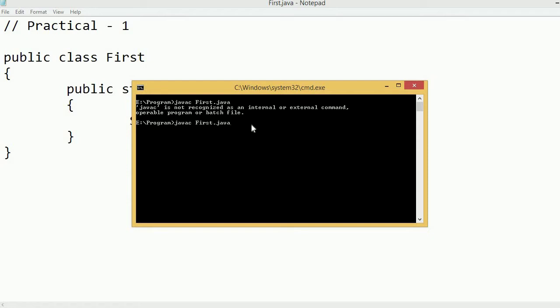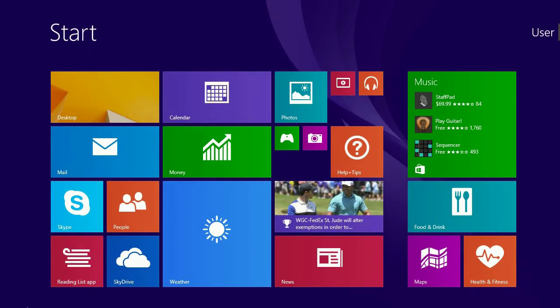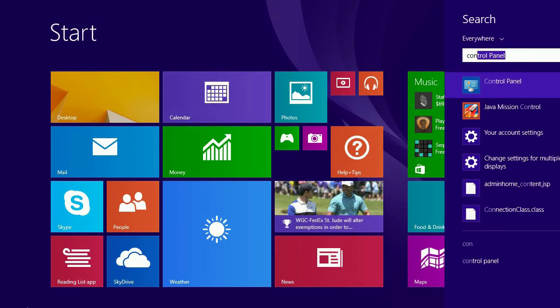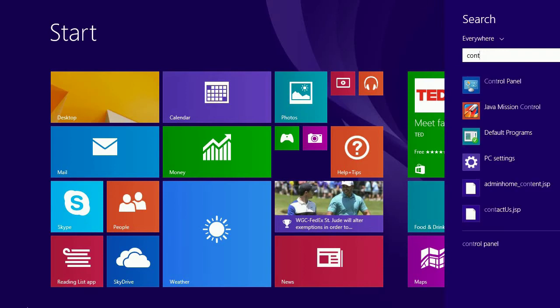Here as a quick review I will show you how we can set the environment variable, which we have studied in the previous lecture also. Sometimes it happens that whenever you are running your program on a different system, you have to set this environment again, right? For setting the environment you have to open the control panel from your system, right? After opening the control panel we will go to settings and then we can set the environment variable, right? Let me first open the control panel.